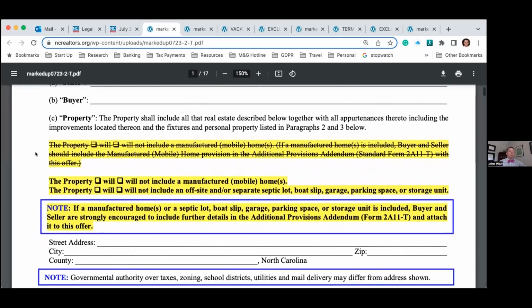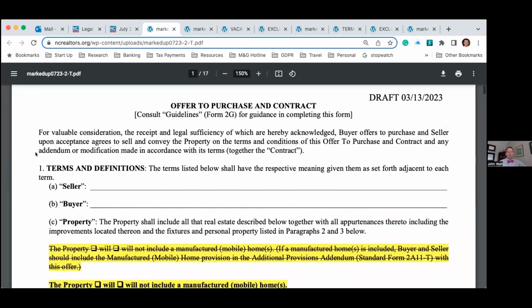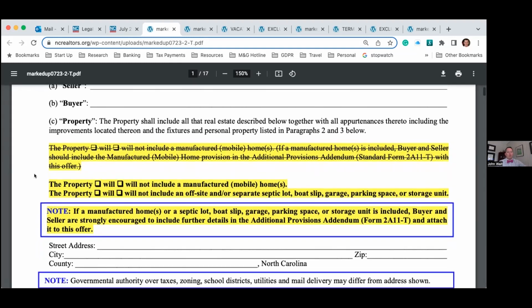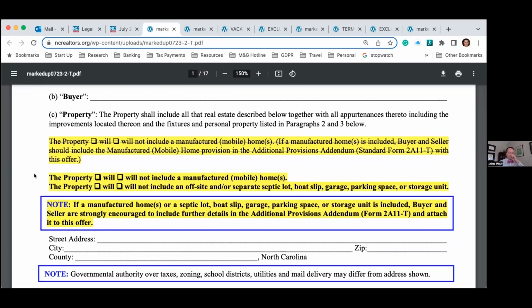Let's get into forms changes in 2T. We're going to start with 2T. We're probably going to spend the bulk of today in 2T. I'm going to try and keep us under an hour with Q&As. If we do 45 minutes, I'll be very proud of myself. I'll pat myself on the back for that. But there's a lot of things to cover and a lot of important things to talk about with respect to